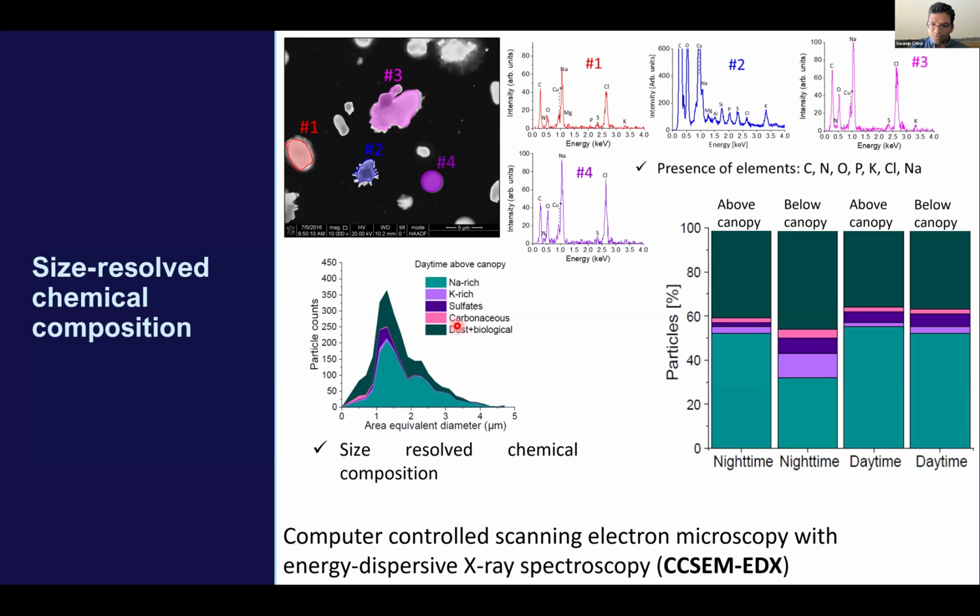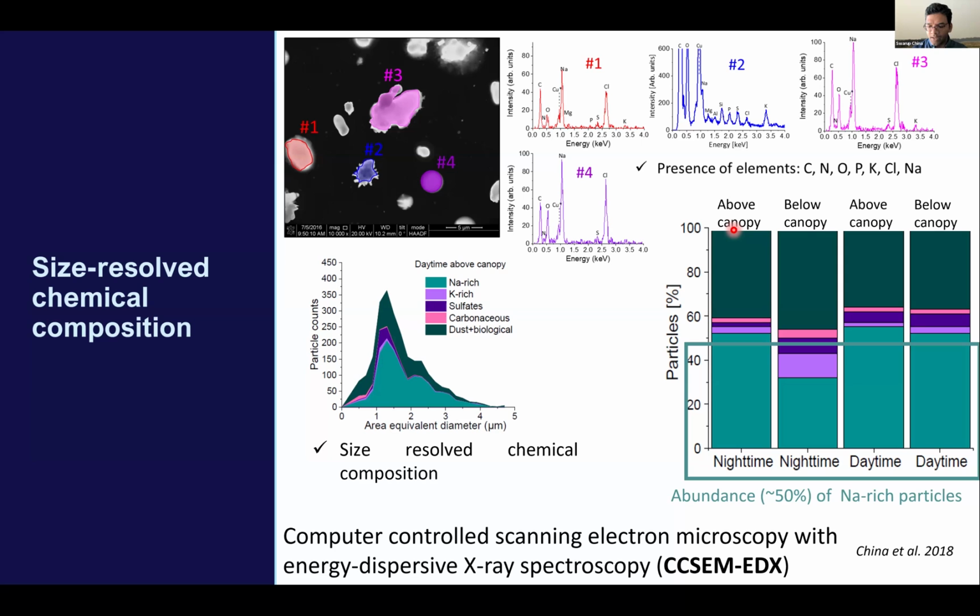And here is just one example. You can see the different particles. For example, this one is particularly showing them in the Amazonian rainforest at nighttime and daytime. We're looking at above and below the canopy. And one thing we surprisingly found is that 50% of those particles are sodium-rich particles. So I'll briefly mention this story and why the multimodal imaging really helped us to understand